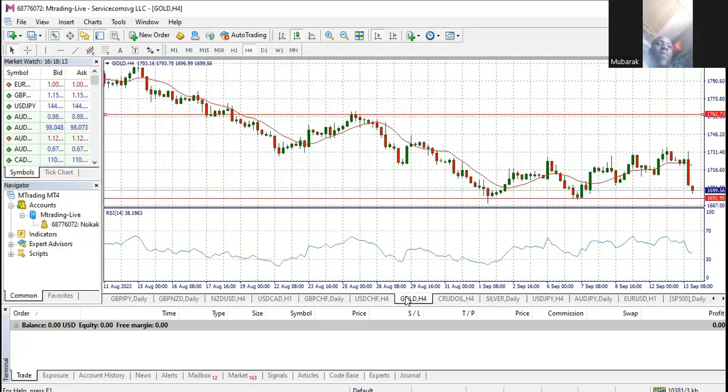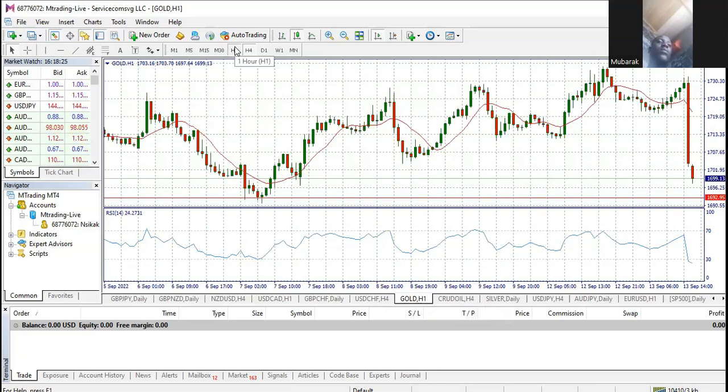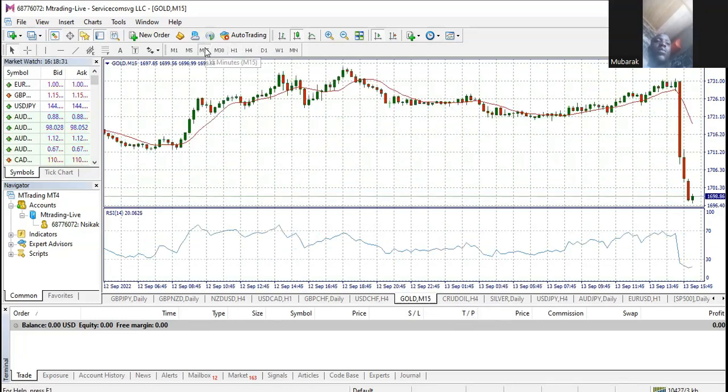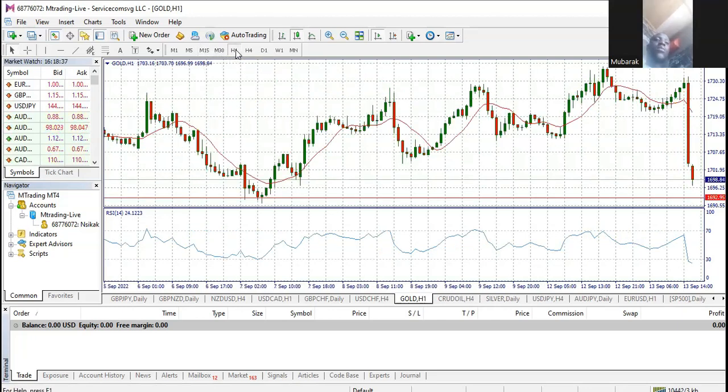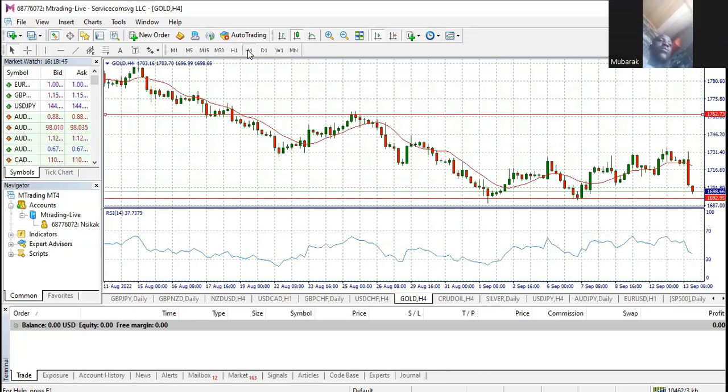Then gold. I think all of them are running out of selling pressure. I want to start considering bullish, but until we see clear bullish reversals, not strong bullish, we're pretty sure that the effect of the news is over, and you see a clear bullish reversal candlestick pattern. That's what we can do.